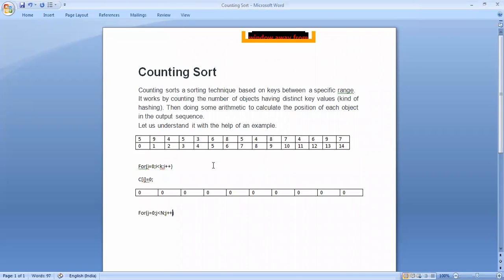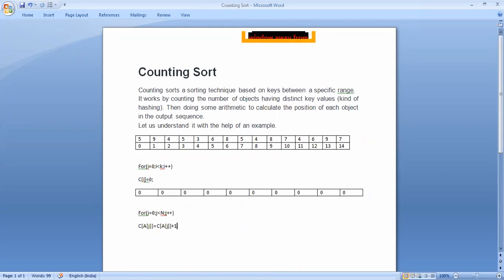Okay, now the main concept, यहाँ पे क्या होगा, the main logic is c[a[j]] equals to c[a[j]] plus 1.